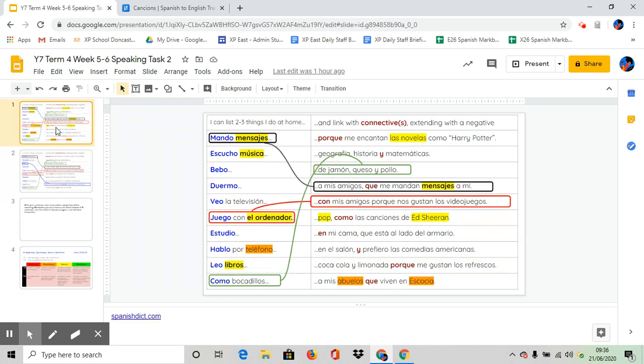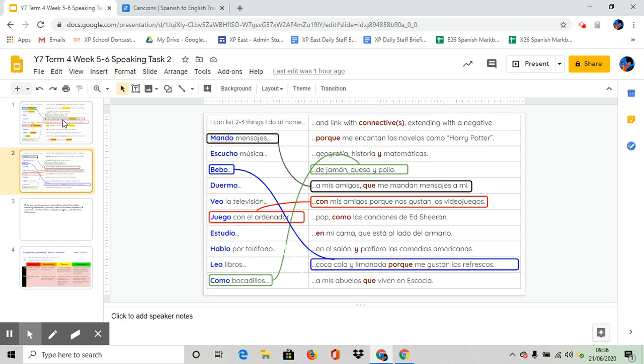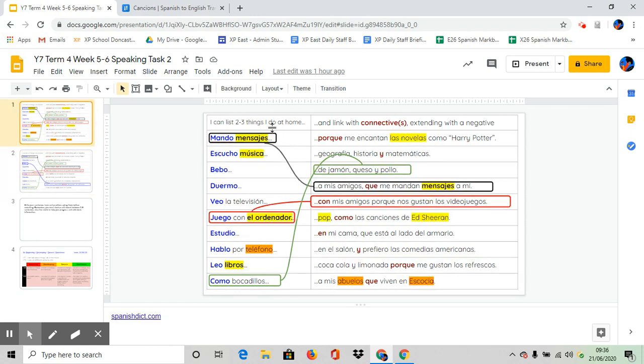So first of all, let's look at developing. For developing, you need to use 2 or 3 phrases. Well, on the left side of the slide, on both slides, we have all the vocabulary that we've worked on for this week. I send text, I listen to music. You could say 3 of those, between 3 and 5, as usual with the other speaking task. I want between 3 and 5 sentences. You can record those to me on your phone, send them to me as an email, job done.